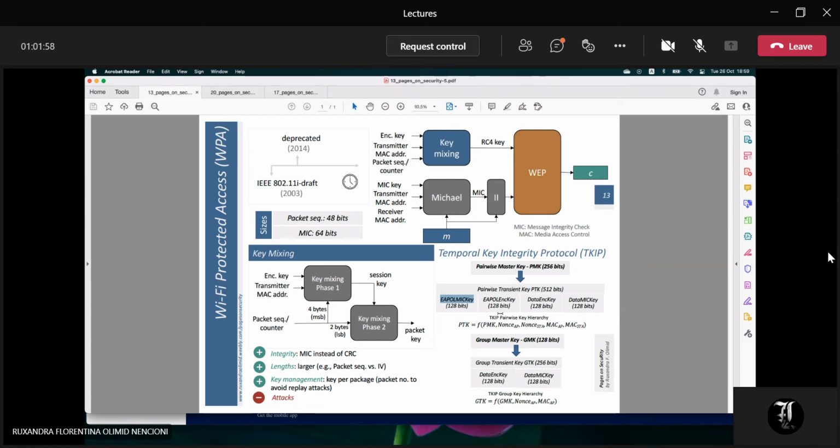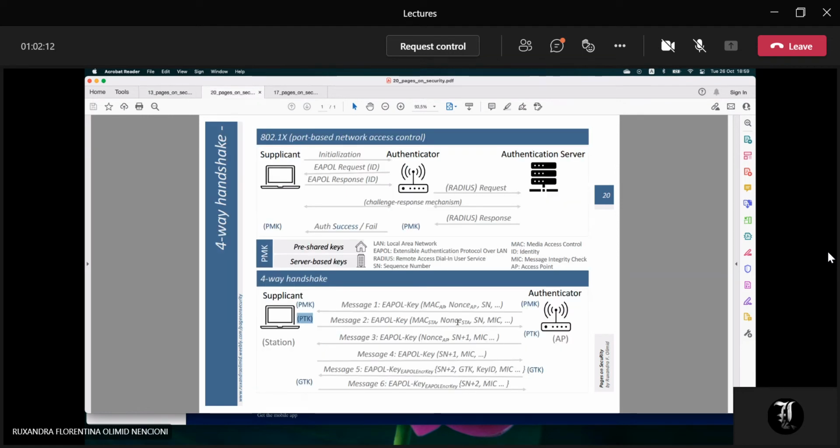I need to check if they are really like this, or I just put them in the other way because it's looking strange. MIC and then encryption and then encryption and MIC. Maybe it's like this anyway. It's just splitting of the key. But we are not in the data yet. So by now we're not sending data. We're just